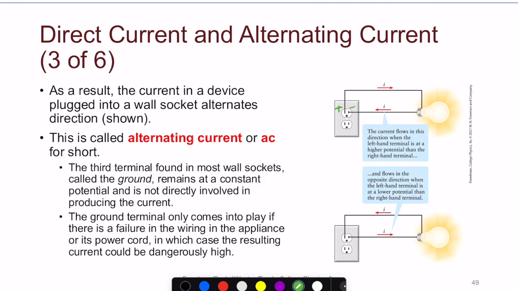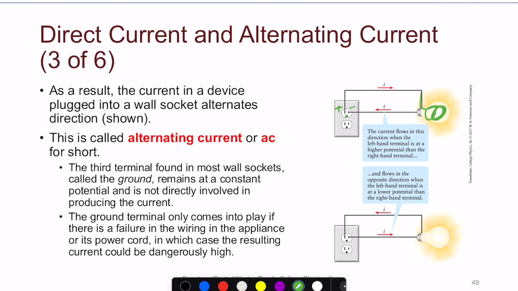And the 3rd hole is there in case there is an overload of current, and this is called the ground. It gives the current a safe place to go in case there is a short in the circuit or something faulty goes wrong and you need a place for the current to escape,